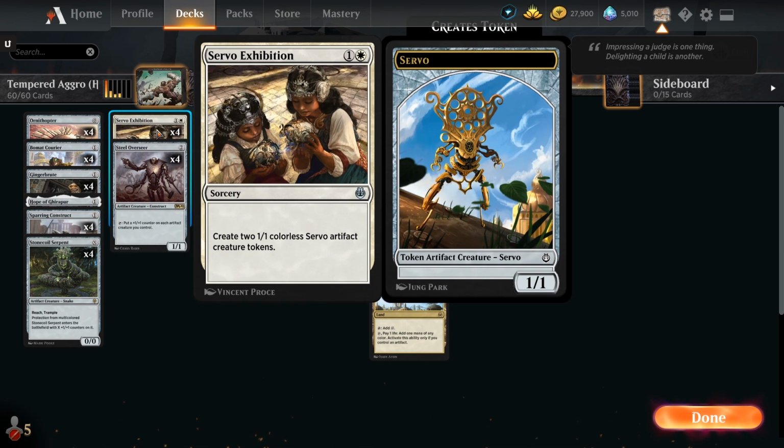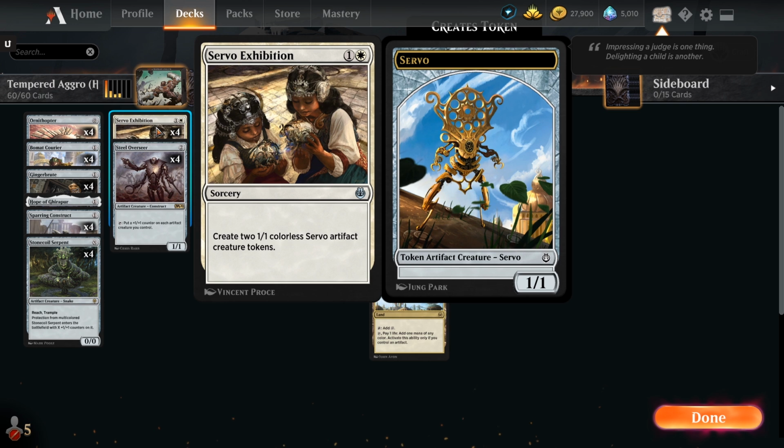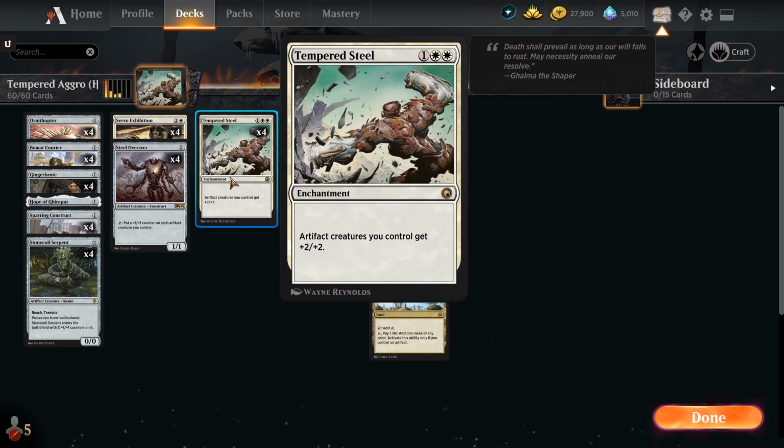So, we also have Servo Exhibition in here as well. So that would be 4 power over 2 mana, for example. No, sorry, 6 power over 2 mana. So it basically makes all of your small creatures really awesome. You do have to draw it, of course, which makes it a meme, because you're going to have to mulligan